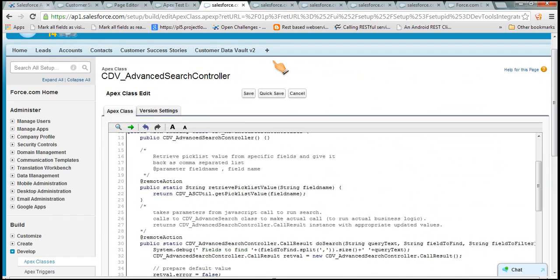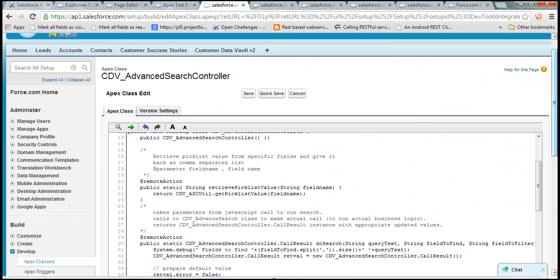So this is the advanced search controller. I have made changes to refactor this code. Generally, what I think is a page controller should act as a controller in the MVC pattern. So it should just hold the controlling logic, not the actual business logic. It increases the modularity and the readability of the controller, and it makes it easier for other developers